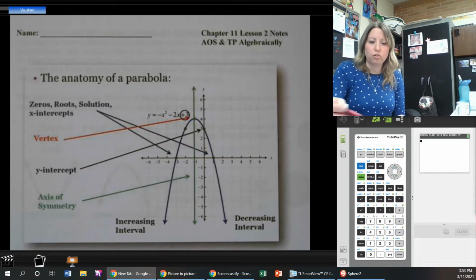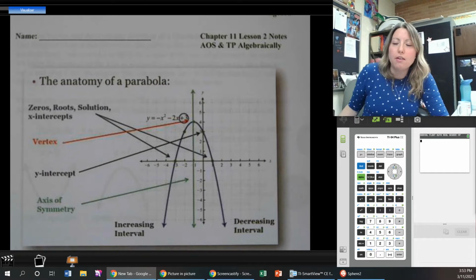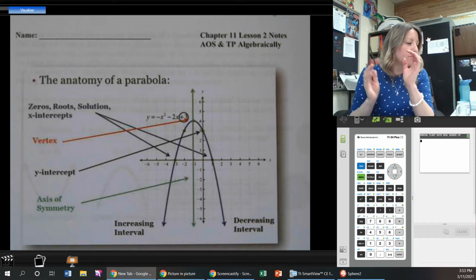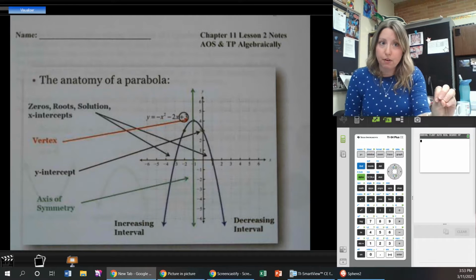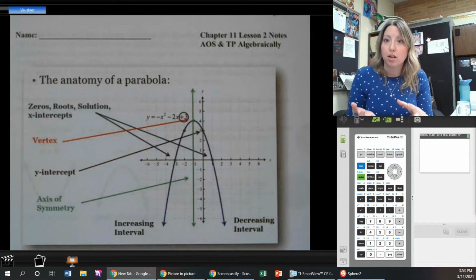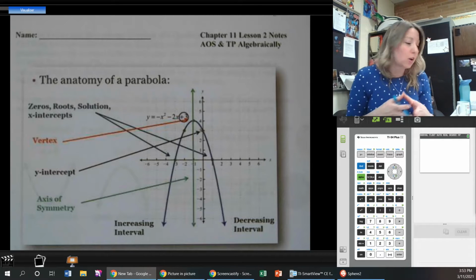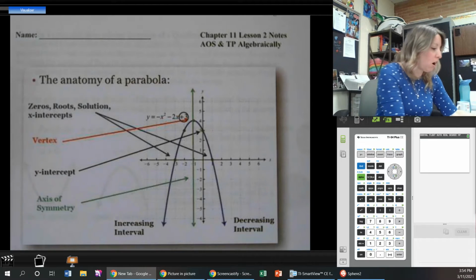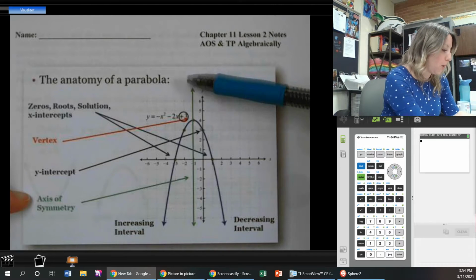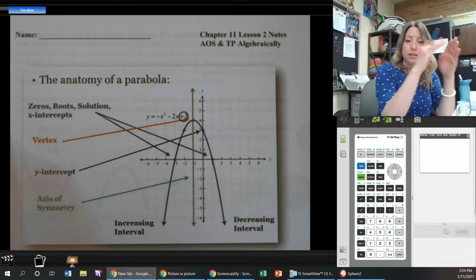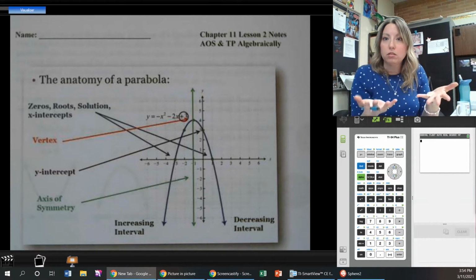Welcome to your Chapter 11 Lesson 2 notes, all about finding the axis of symmetry and vertex using algebra. Now, let's review graphically how to identify the different pieces of a parabola, these characteristics that really make a parabola more unique. These characteristics are the axis of symmetry, this vertical line that cuts our parabola in half, and where we draw that line, each side of the parabola could fold and be together,